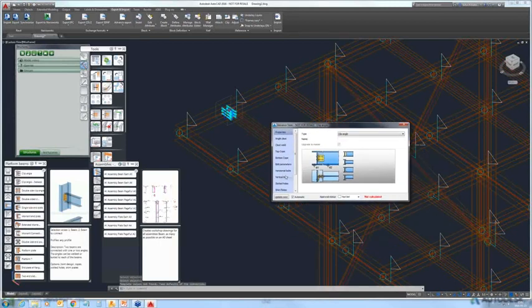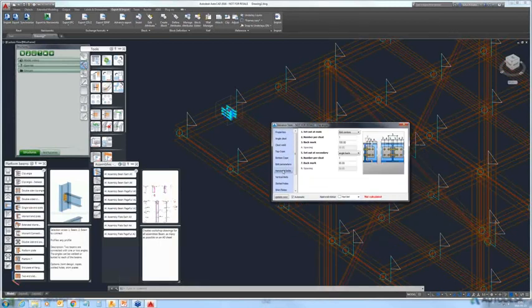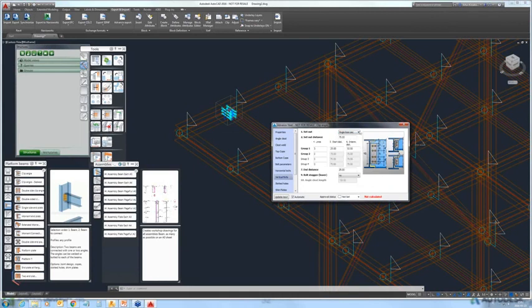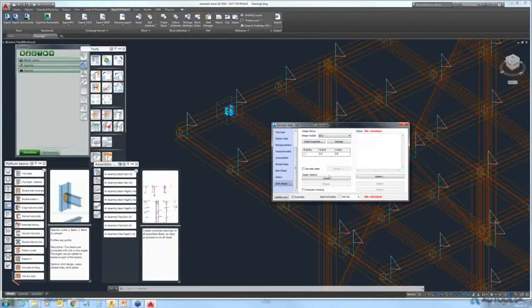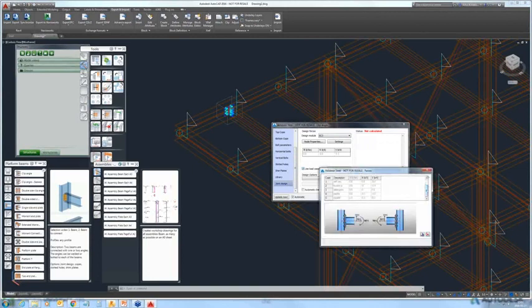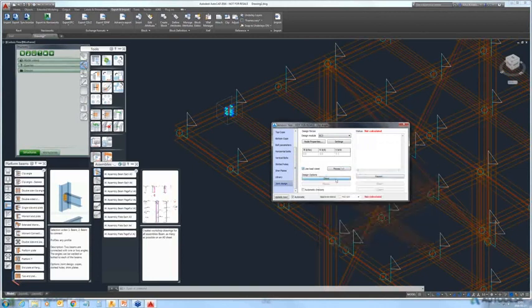All right, there are also parameters that allow you to define the number of bolts and position of bolts, and in the vertical bolts tab I need to set middle to have the correct arrangement of bolts. And now if we go to joint design, I can use the forces from Robot to design this particular connection, and I can have the